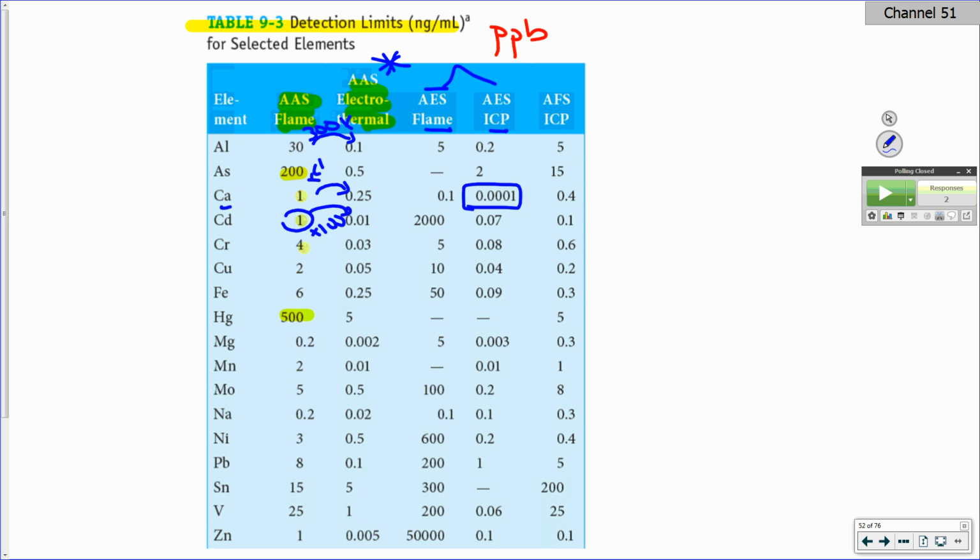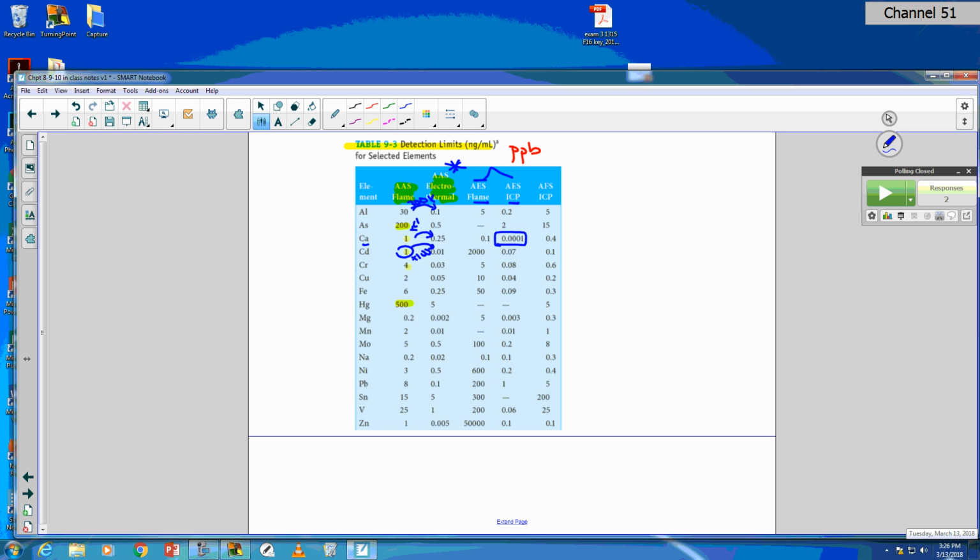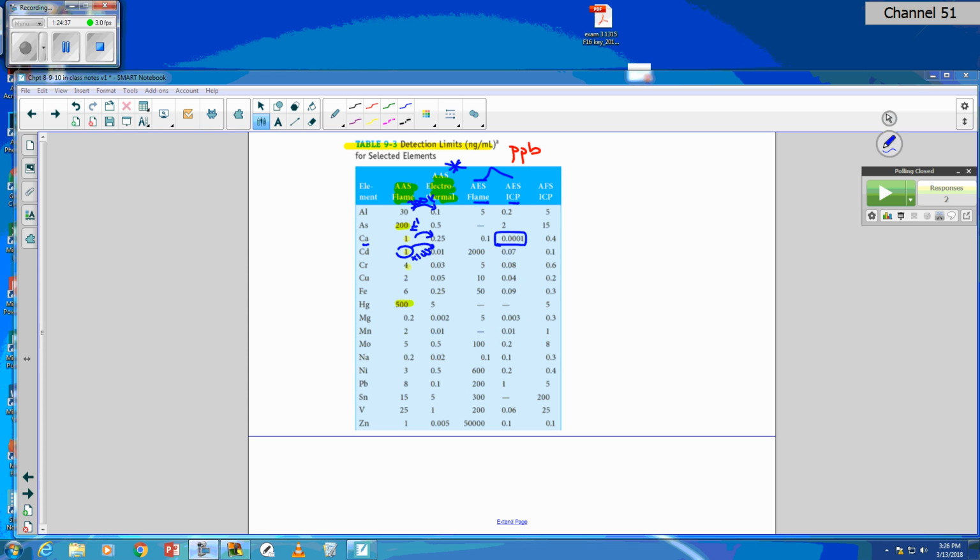But that would be 0.1 parts per trillion. You're never going to find a sample that has that little calcium in it, because calcium's everywhere. It's one of the most abundant elements that we have on the Earth. So it's in the top 5. So there's a lot of times these elements, even though we can reach these low levels, you're never going to run into a sample with that low of a concentration. It's the toxic things that we're concerned about, where we need to know the very low concentrations. Okay, so